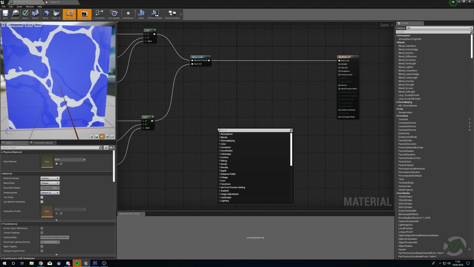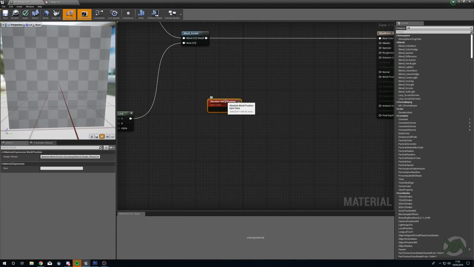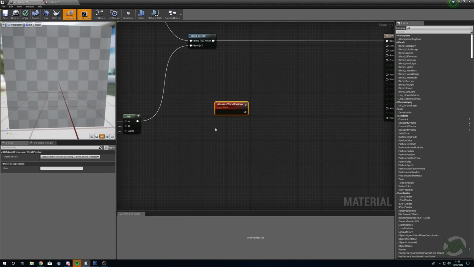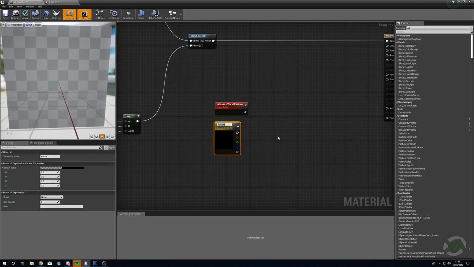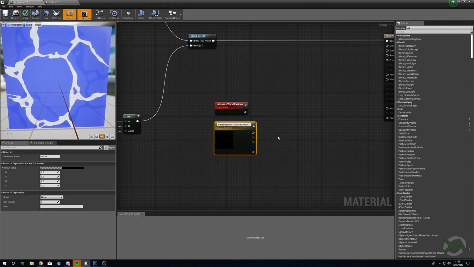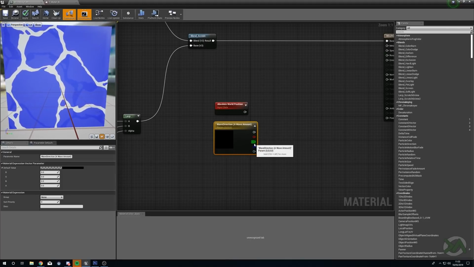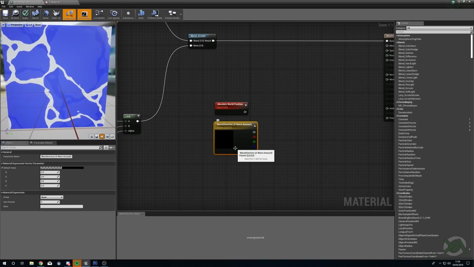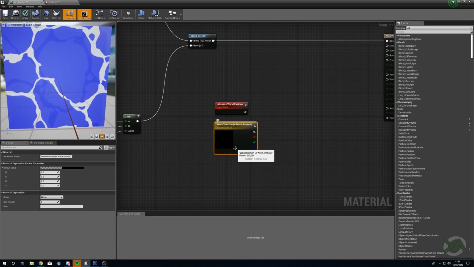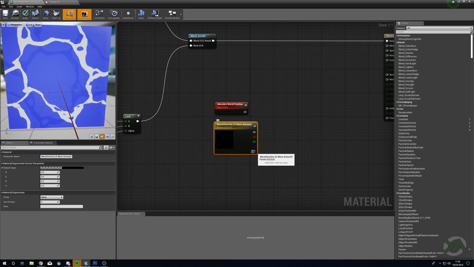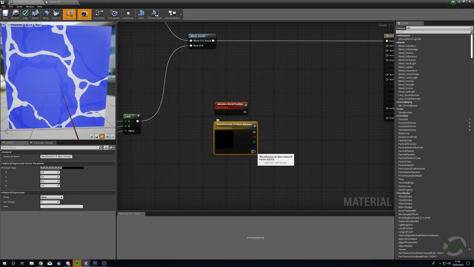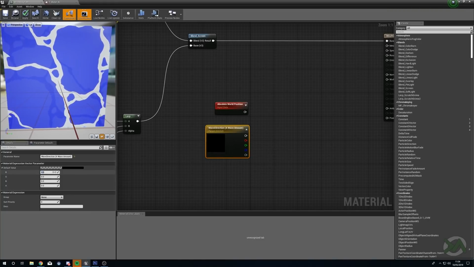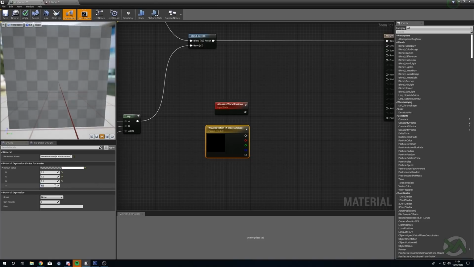What we're going to need to do is get our world position, and then we're going to hold V and left click for a vector parameter, and we're going to call this wave direction, and then in brackets a wave amount. So we're going to be using the RG and the B as X, Y, and Z values to determine which direction we're moving, and the alpha is going to be how many waves we have on our surface. We're just going to default this to 1, 1, 1, and in the alpha, we're going to set this to